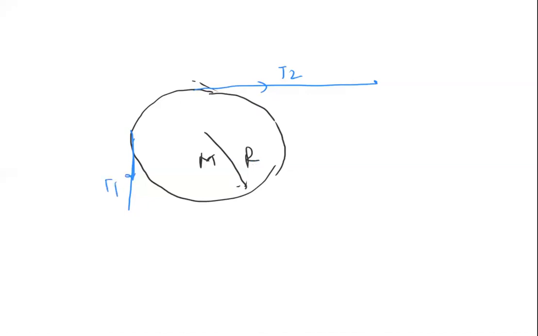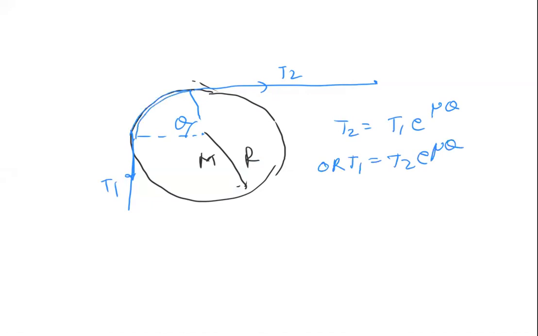And you can find the values actually now. Let's say, okay, if this is the angle of wrap, then T2 is equal to T1 e raised to power mu theta, or T1 equal to T2 e raised to power mu theta. Either ways, जो ज़्यादा है। But अगर रैप एंगल जरा सा भी हो गया, तो टेंशन चेंज हो जाएगी।